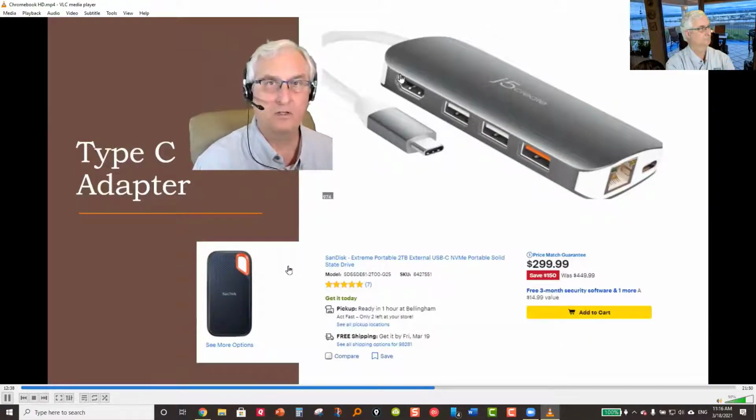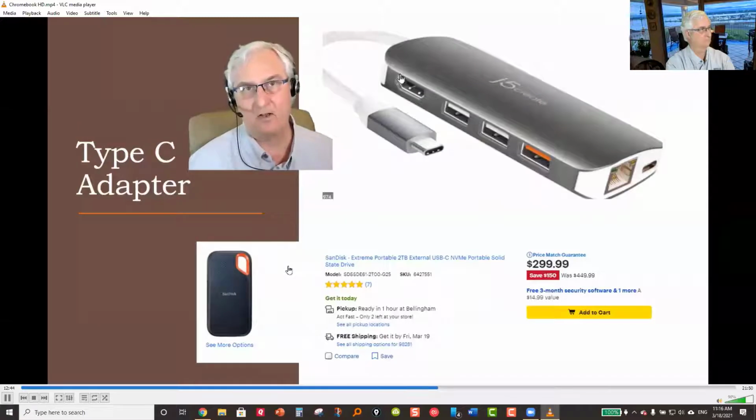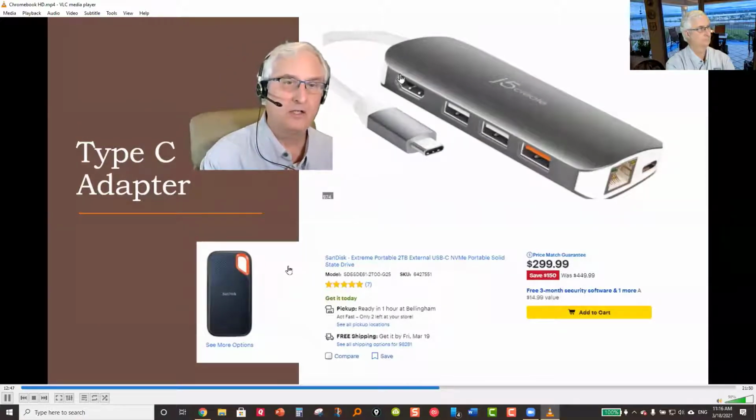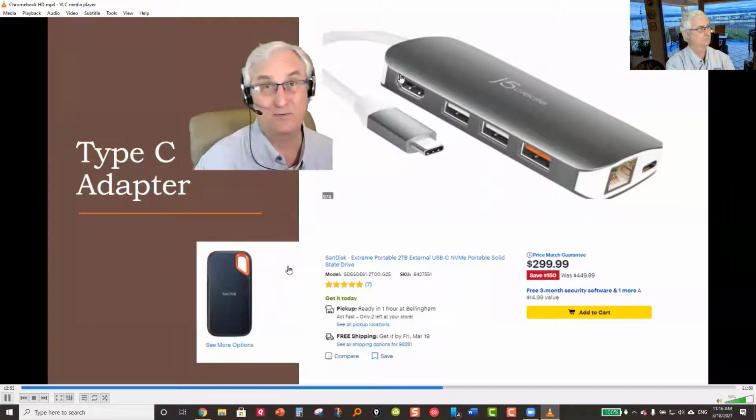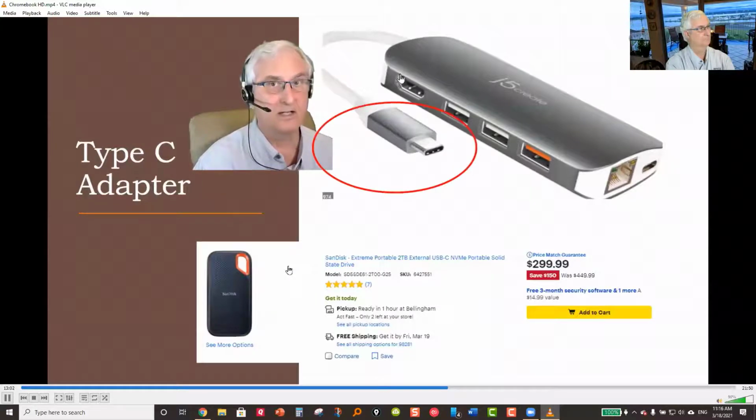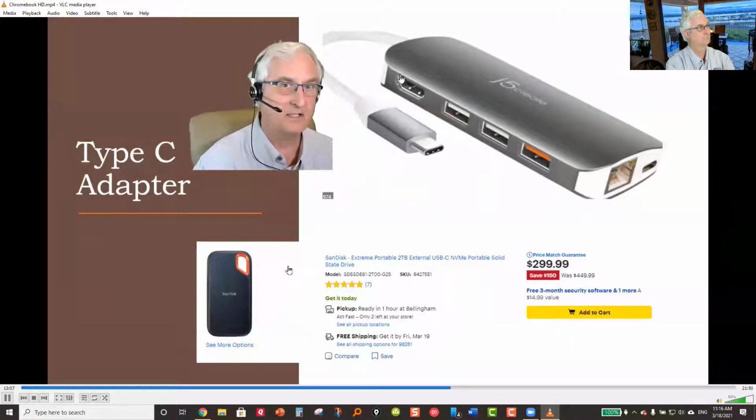Now, Chromebooks are phenomenal if you want to attach any devices. You can attach an unlimited number of devices and they all work really well. You probably will want to get one of the adapters that I've shown you in the picture here. I have 3 or 4 of these and use them. These are adapters that plug into the Type-C USB port on your Chromebook. Remember, some Chromebooks will only have Type-C USB ports, and this is an example of